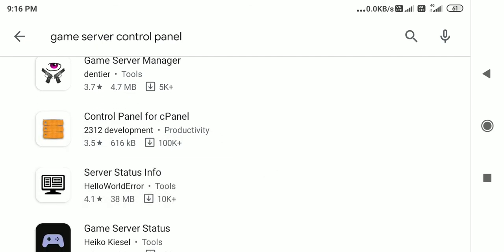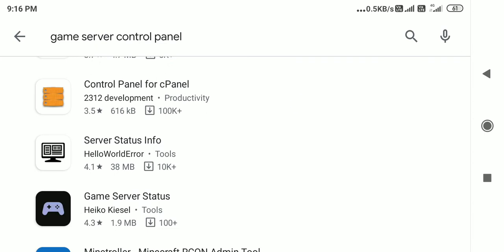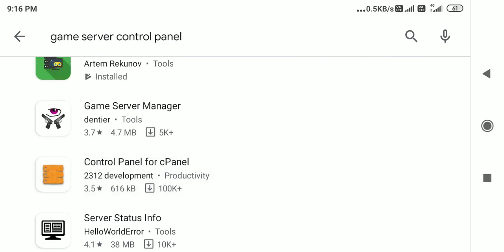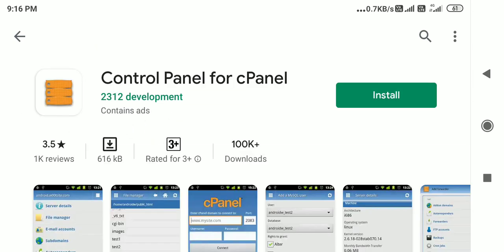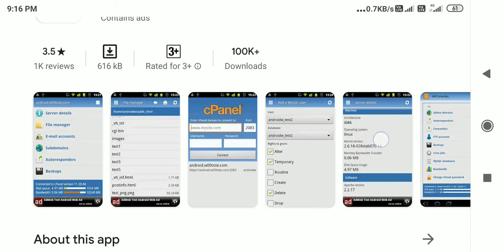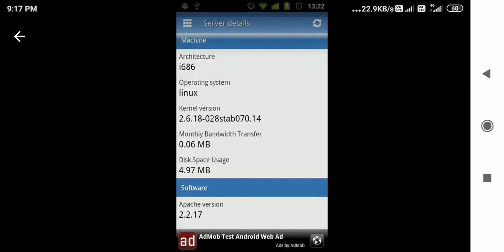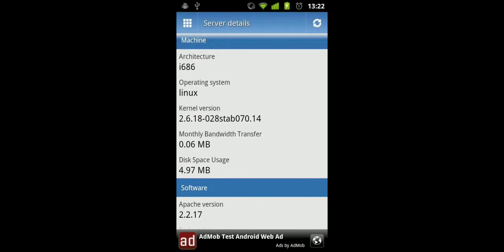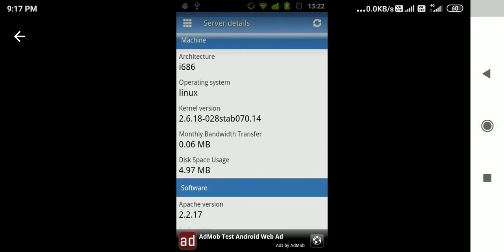So this is the one you have to activate. Game server status. Control panel. Now you start. This might be connecting to that particular thing. Let's see what it is connecting to. Game server control panel i86.